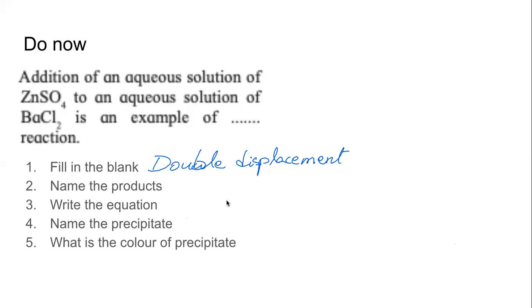Look at the screen. Yes, Chanda, now the answer is correct. Whenever we have such a question, forget about the exam, the right way to find this answer would be to do this experiment in the lab and see what exactly happens, right? So if we are in the lab, we will take zinc sulfate solution, we will take barium chloride solution, and then we will see what happens, right? We will see that we will get not a white, but a yellow precipitate. I believe we will get a yellow precipitate.